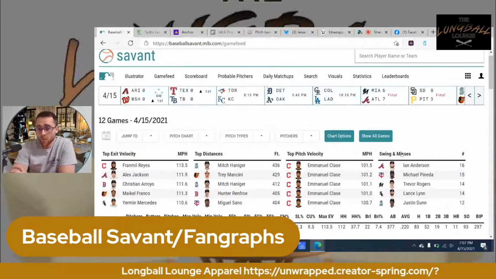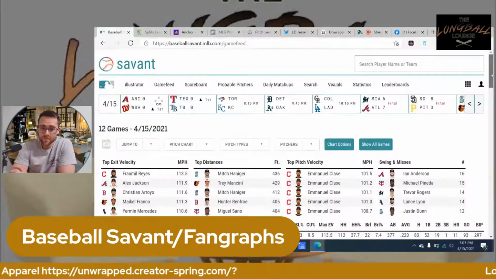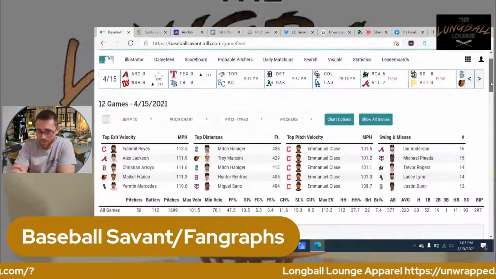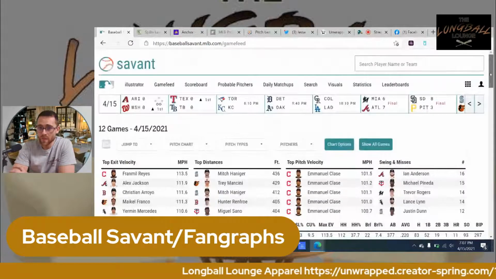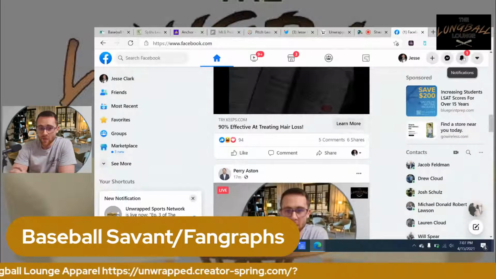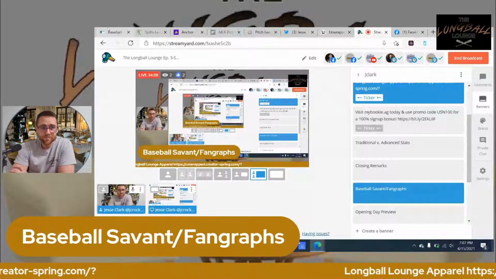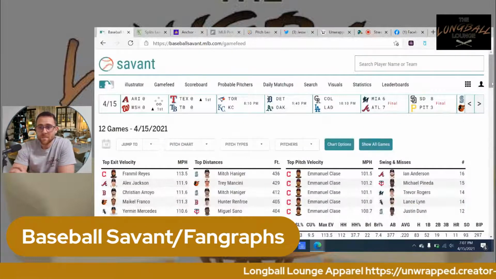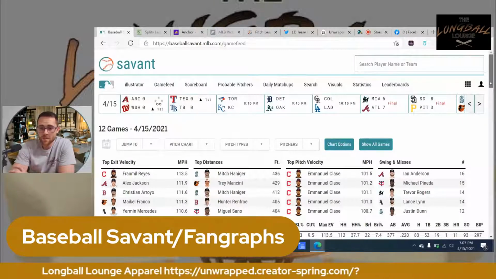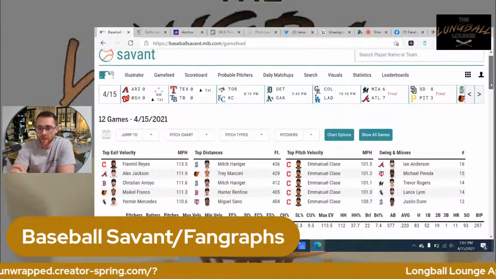Swings and misses are important, guys. Anybody that tells you otherwise doesn't know baseball. Pitching to contact is not a thing anymore. There are very few pitchers out there that are good at doing that. You have your Kyle Hendricks, your Dallas Keuchel, Mike Soroka. Other guys like that, few and far between in today's MLB.